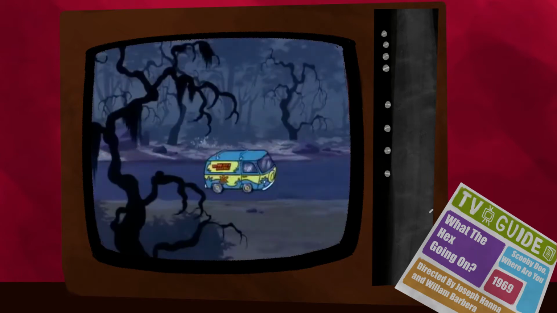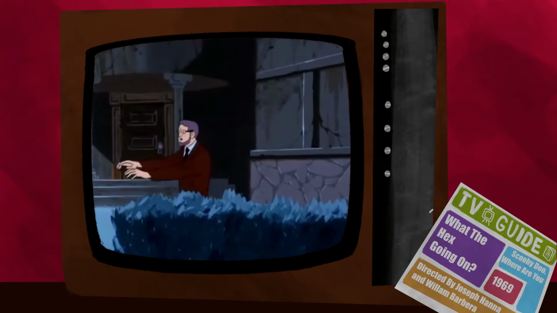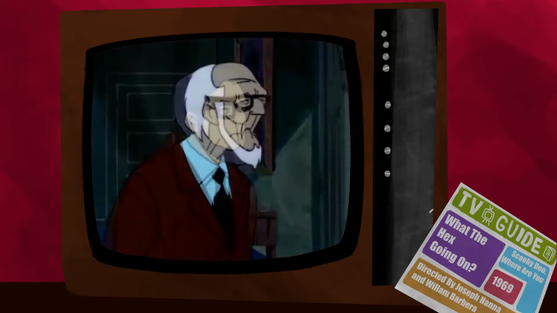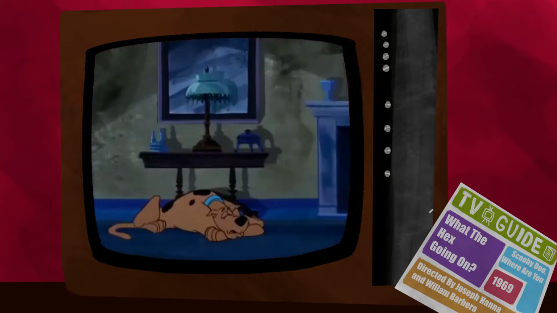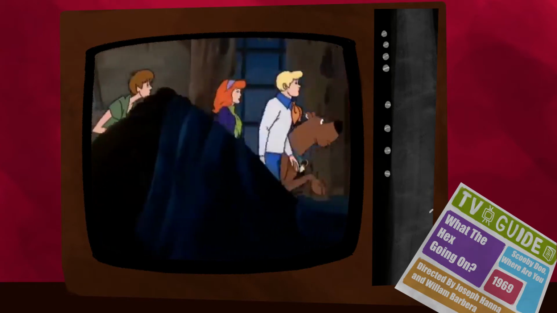The gang go to visit their friend Sharon at the Weatherby estate and come across her Uncle Stuart near the Kingston mansion, who claims to have been hexed to old age by the ghost of Elias Kingston, who demands his fortune be returned to him. Whilst the gang are sleeping, Sharon is kidnapped by the ghost, so they must investigate to save their friend.